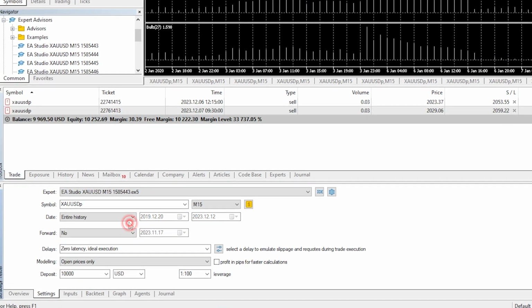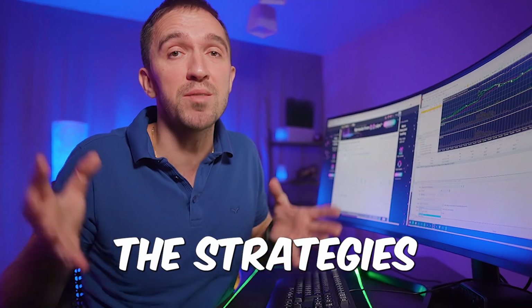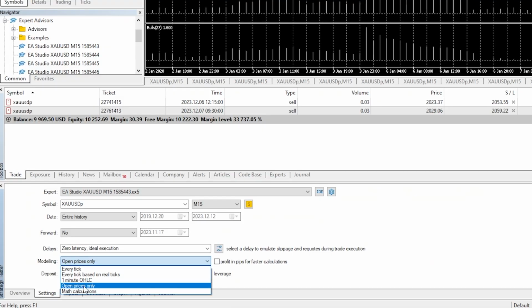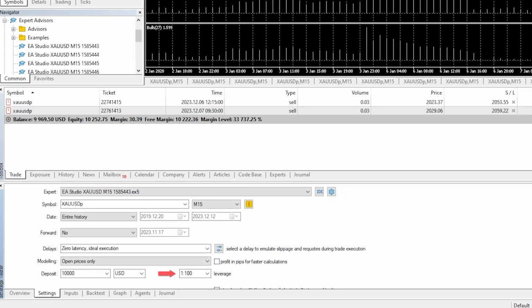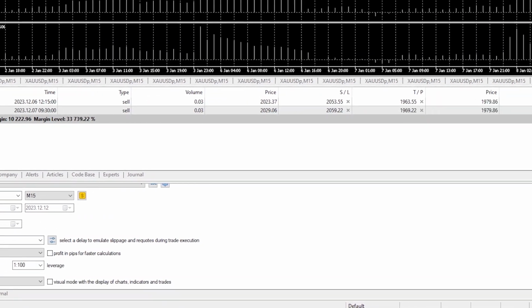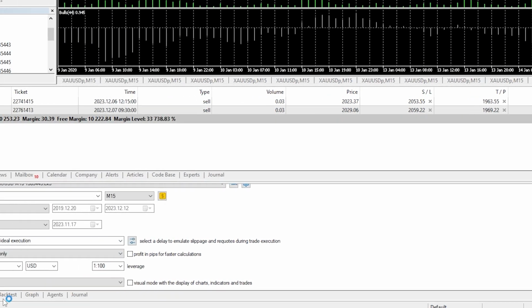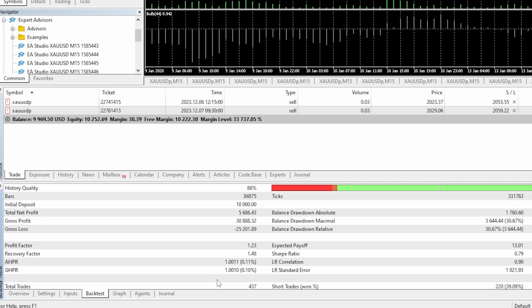Let's stick to entire history, as modeling suggests you to use open prices only because the strategies behind the robots work at the opening of the bar. I'll click on that modeling option. Deposit is $10,000, leverage 1 to 100, so it depends on the account type you have, and then I'll click on start. The backtest is usually very quick,